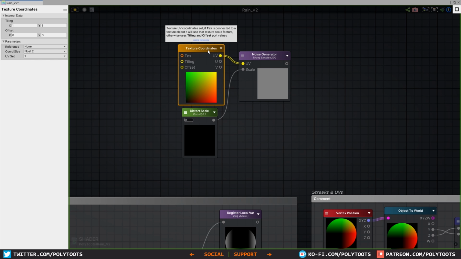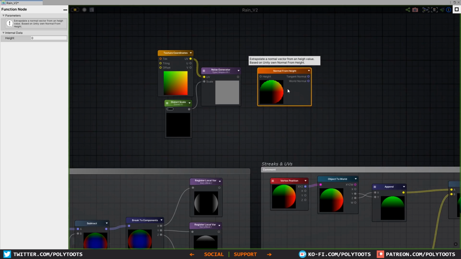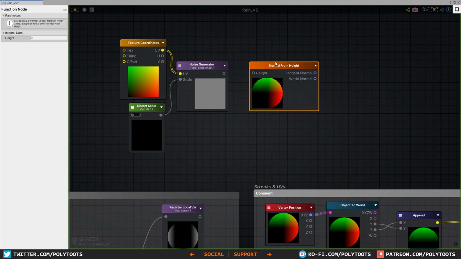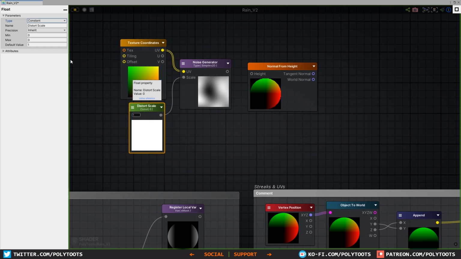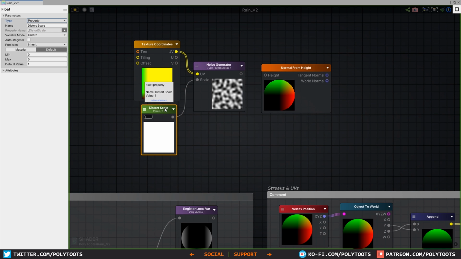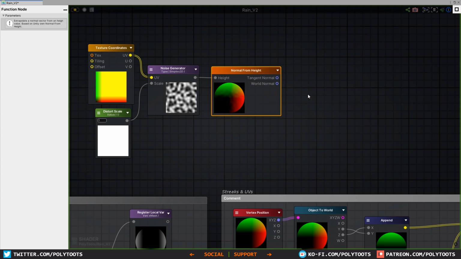And now I'm going to use a normal from height node. This is pretty cool. I don't know if it's a new addition or if I just completely missed it in my previous tutorials, but I know about it now, and it opens the door for some more cool stuff. But that's a whole other topic. Basically what this will do is allow us to take a black and white input, so not just a texture, but anything that is black and white, and it will use Unity's inbuilt system to convert